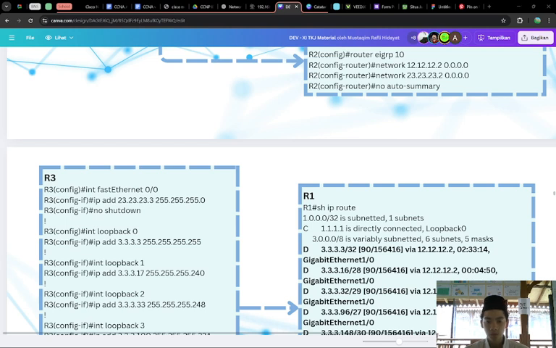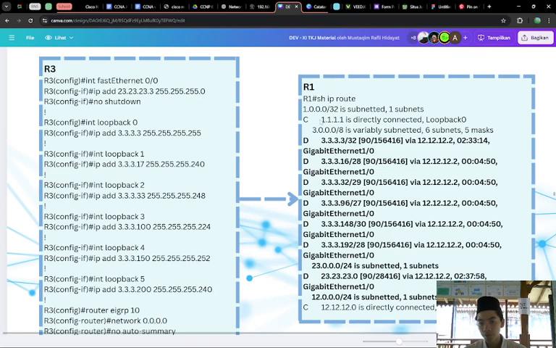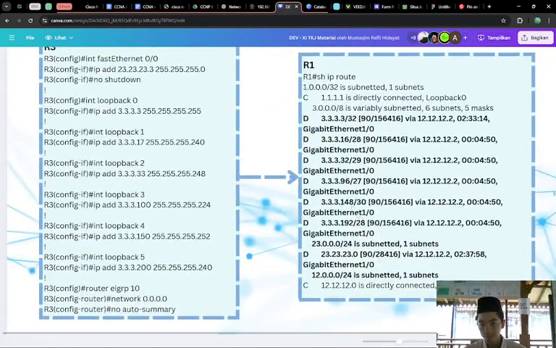Okay, and then you can show IP route. Here there is network 3, and this is the routing table.